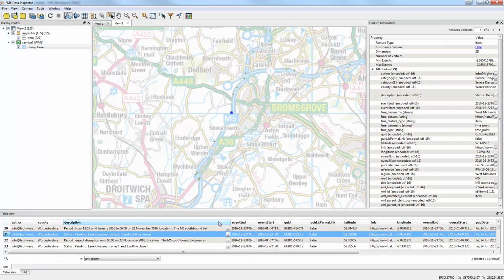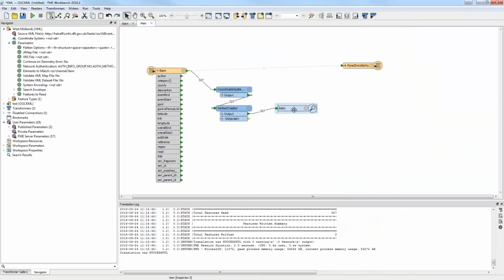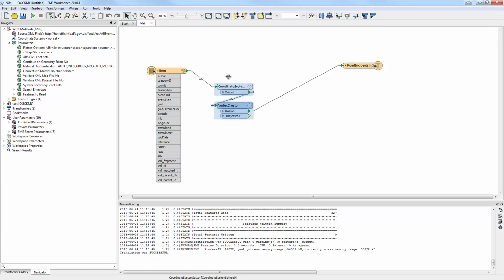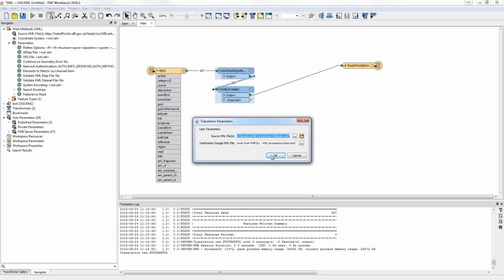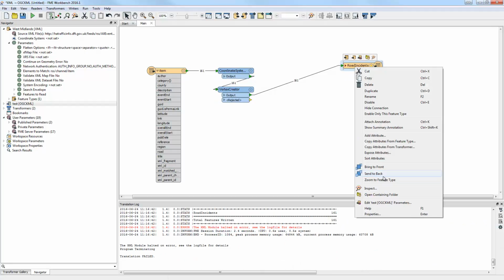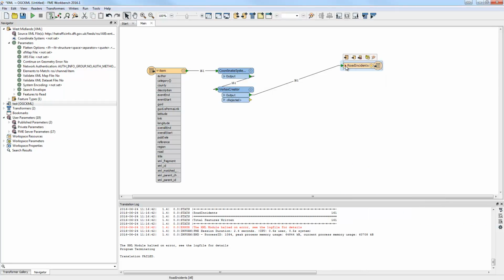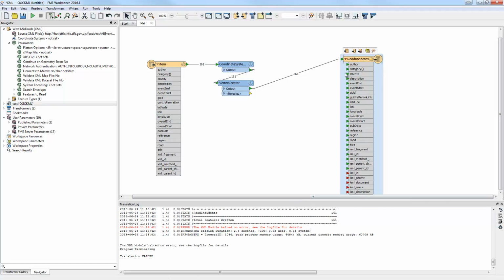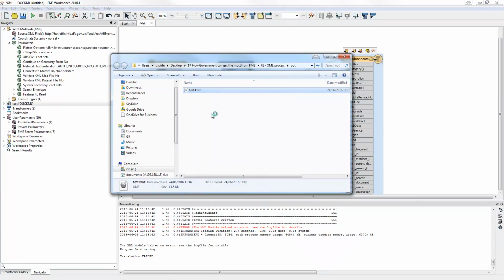So there's the M5, and if I click on the M5, we'll see that there is a description of some lane closures. Lanes 1, 2 and 3 will be closed, and there'll be a time period associated with that. So now what we can do is bring this back, delete that link and run that as is, and then we can right click and just open that containing folder,